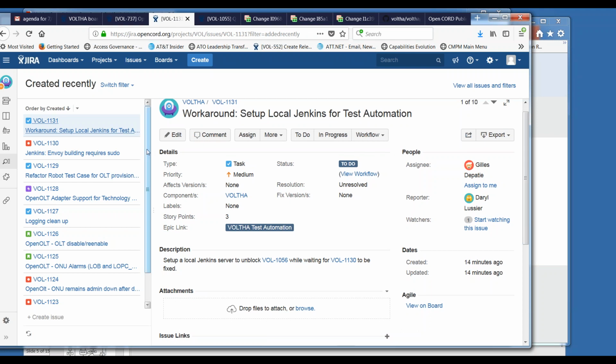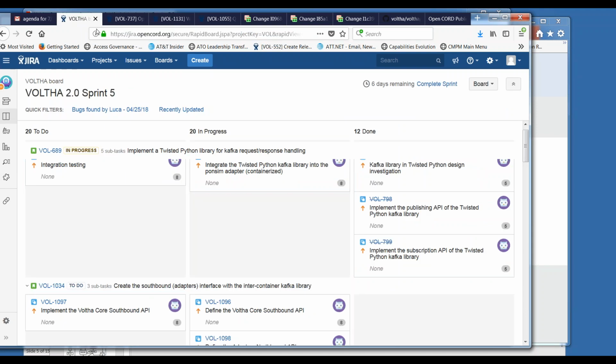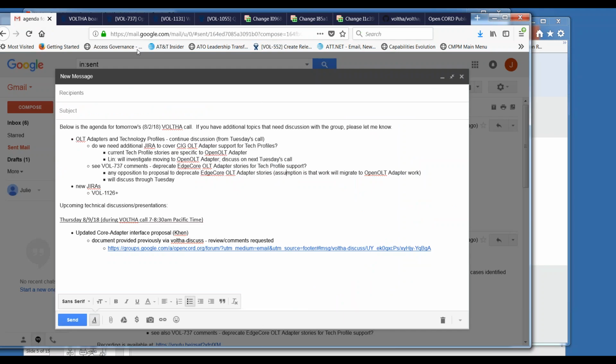So that takes us through the main discussion points that we had for today, which was going over the new issues. I didn't get any comments from before the meeting, at least, if there were other topics that need to be discussed by the group today. We don't have any demos lined up for today. So I think probably we will have a short call unless there are other topics people need.